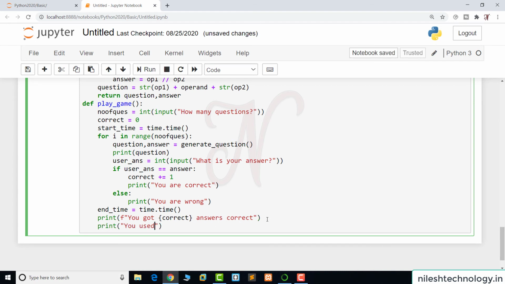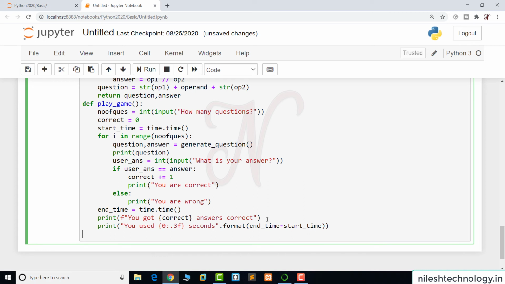So you used, here we use 0 colon dot 3f, seconds. So we format this: end time minus start time, end underscore time minus start underscore time. And we call this play game function here, play game.